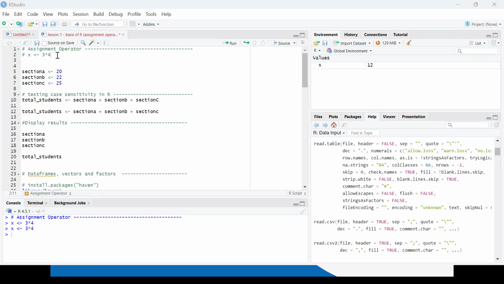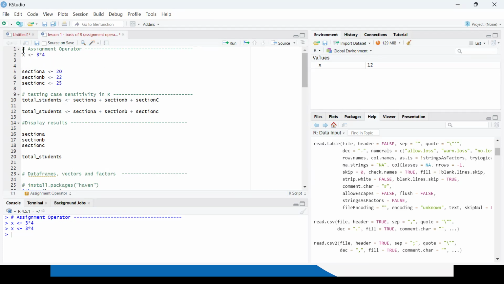And again, if I want to uncomment the line which I have just done, I have to select that, and I can just again press Control Shift C, and it will be uncommented again. So this is a shortcut which you can use to create any comment line in your R program. Otherwise, you can definitely write a hash, and then whatever comment you want to add, it will go as the